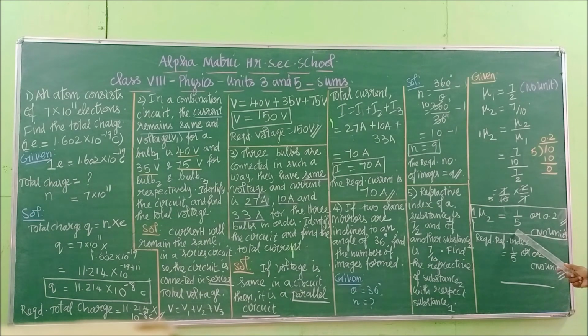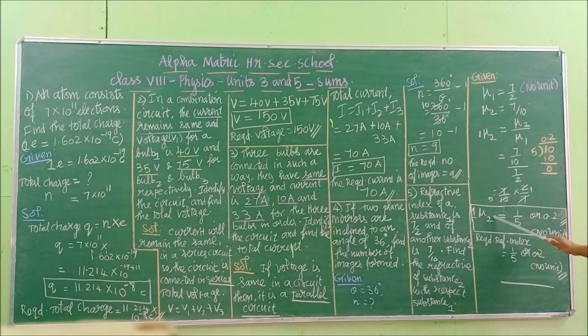You can write like this, children, or you can change this as decimals also. Both are correct, so don't worry. But if you write in both the forms, it will give you a clear, good impression. So 1 by 5 I have done here for your rough work. So you can refer to it. So the answer will be 1 by 5 or 0.2.